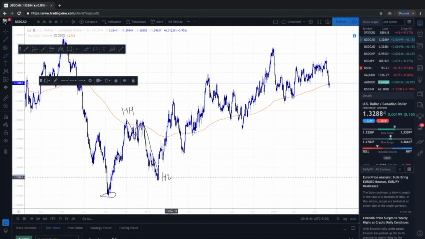So first let us understand why the price is doing this, creating higher highs and higher lows. At this point, when the buyers were in control of the market, they were taking the market high. When I say that the buyers are in control of the market, that means there are more buyers in the market than the sellers, which means the momentum of the market is with the buyers.